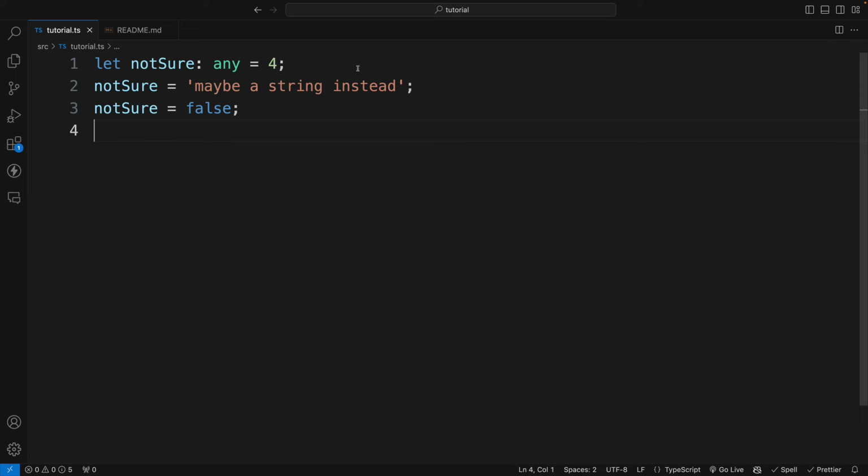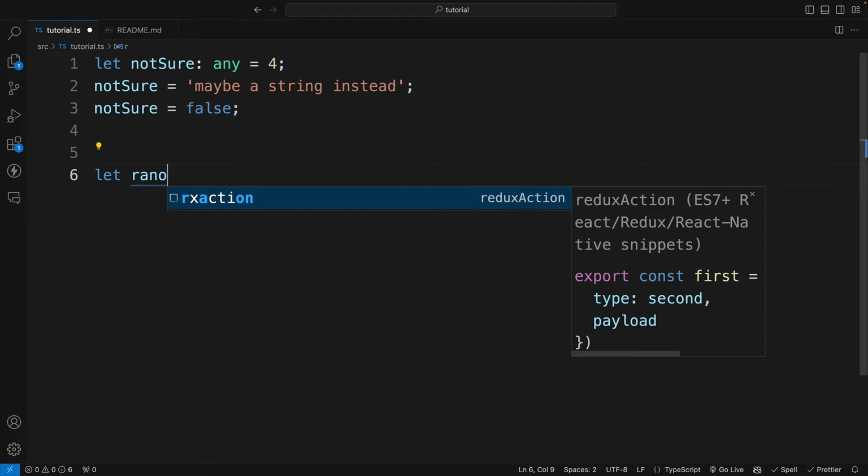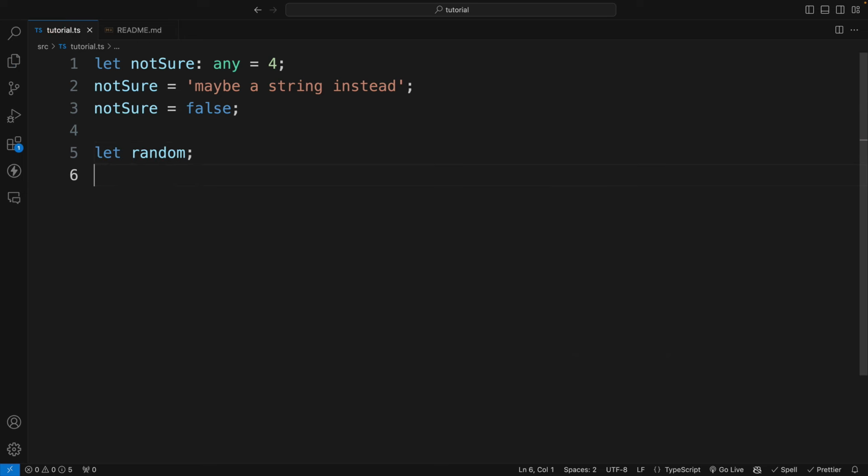And as I note, any is something you'll see quite often when TypeScript is trying to come up with a type, but we haven't provided any clues. For example, if I'm just going to go with some random variable and I'm not going to set up the value, as you hover over it, notice now this is going to be type any. So this is something we quite often get by default when TypeScript is trying to get the type, but